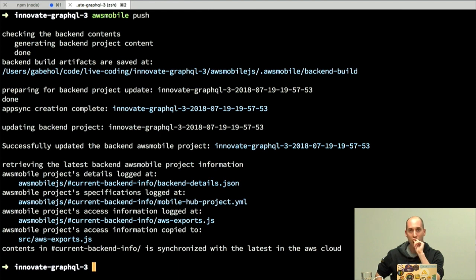So I would say AWS Mobile is made for provisioning the resources that your app is going to use in the AWS cloud. It doesn't have a strong opinion about CI or CD, but I could use some of its features to automatically test. When I do AWS Mobile Publish, for example, I know I'm going to publish a version to